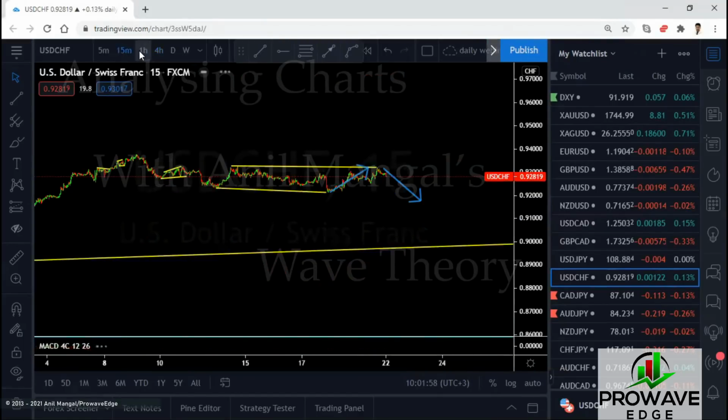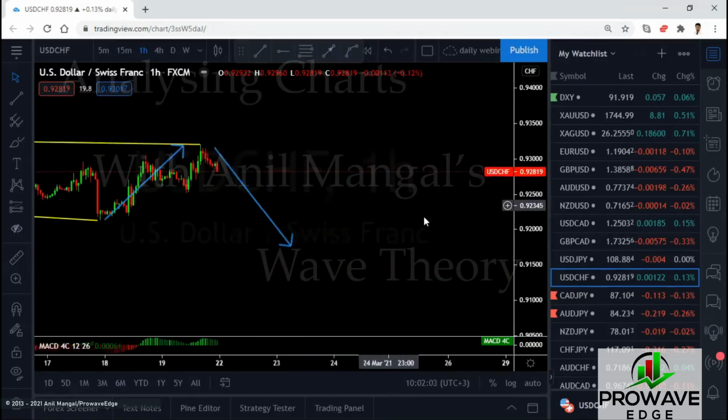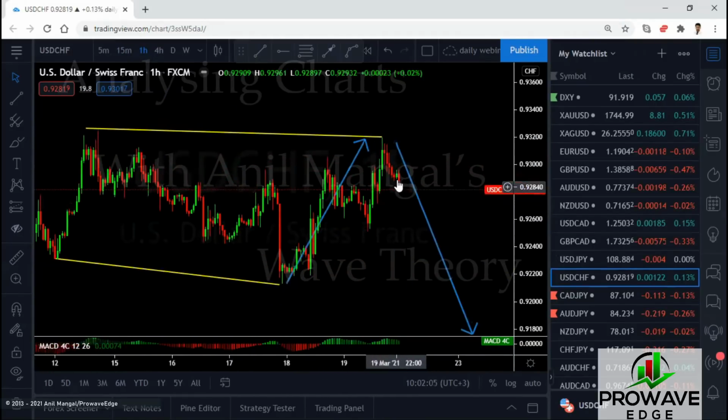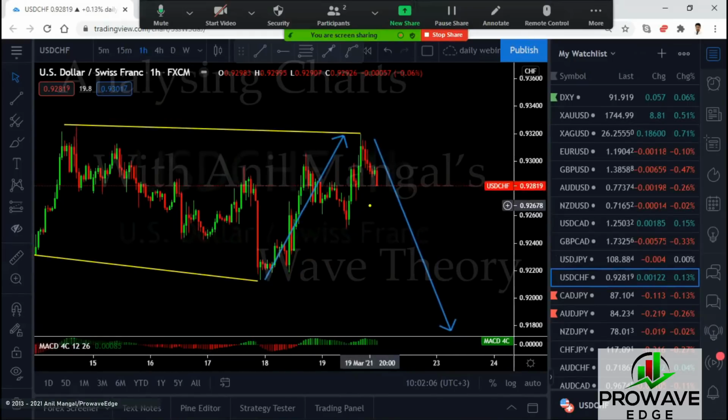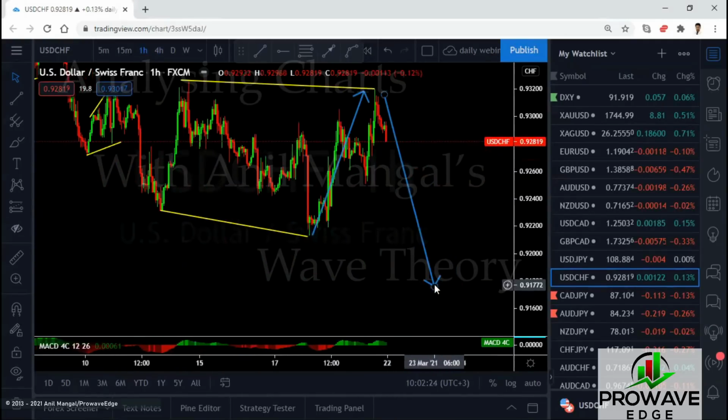Let's go look at it in the 1 hour again. Look for your sell setups. You actually had a very short one there, so I would not consider that a sell setup. Let this drop a little more, make a flag here. This would be your sell setup. Here's a flag. Let me show you a few flags. Those are not flags. Here is a flag, but this one didn't go far. That would be break even for you. There's a number of them that you can look at. Wait for a flag. We will look for a sell setup to the low.